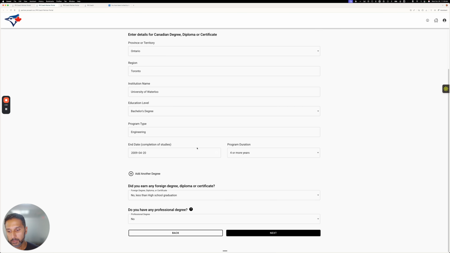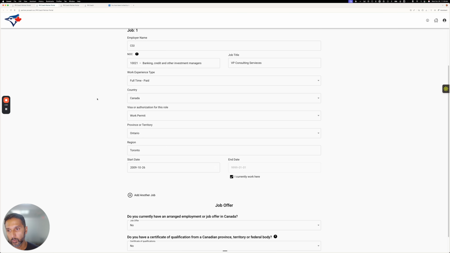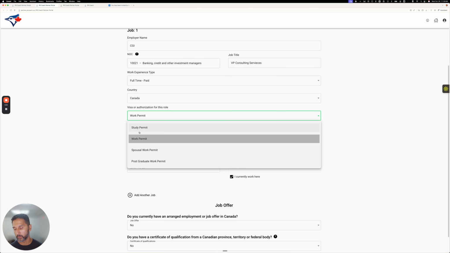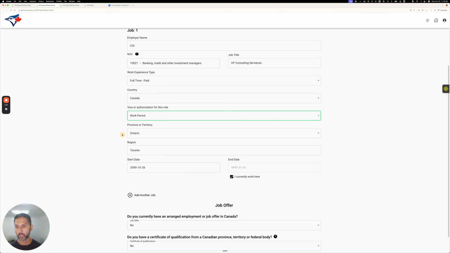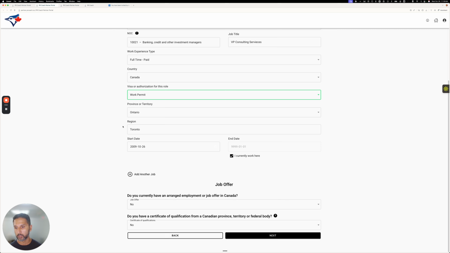And in work experience, similarly, the NOCs are used. The visa authorization, so in CC, excluding study permit, and in some of the Alberta programs, excluding spousal work permit, are factors that are taken into account. Regions can determine points once again, or even eligibility in BC. As an example,